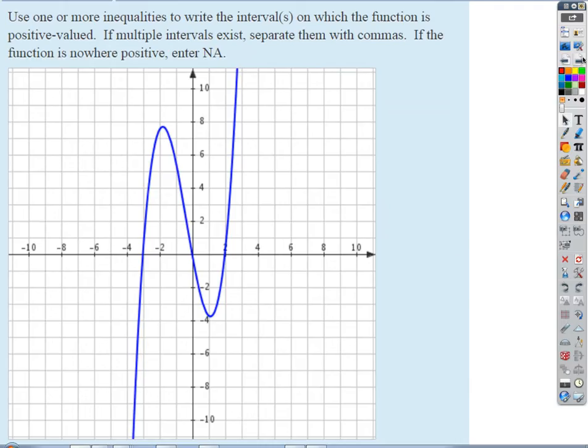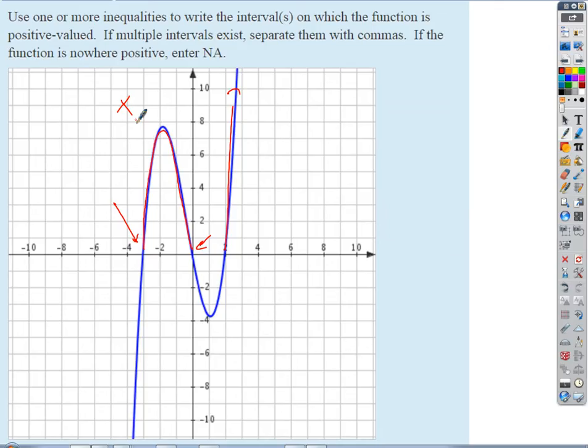Well, it's pretty clear that this is going from left to right. That's where it starts and that's where it stops for the first loop, right? There it's positive. And then over here again, it goes negative for a while, and then again over there it's positive, right? We just want the x values though, right? So we're going to be my x values that include this loop. X is,